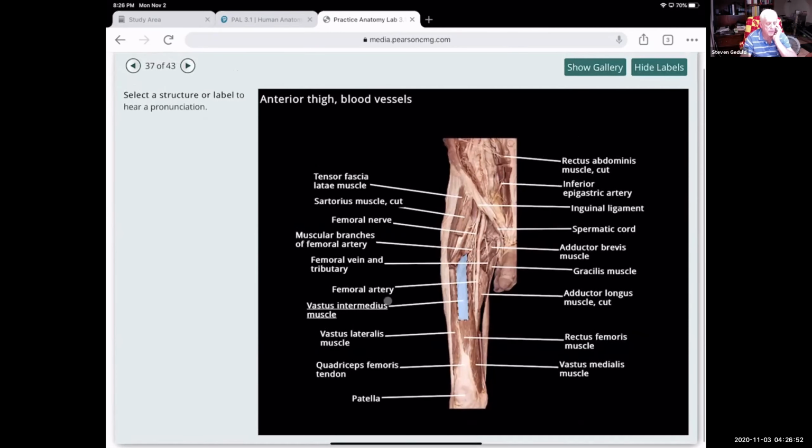All right. Now we have the tensor fasciae latae muscle. You can see where that's located. The sartorius muscle that's been cut. Remember, the sartorius muscle is one that goes down and wraps around and allows you to cross your legs. That's the sartorius muscle that pulls your legs one over the other. The femoral nerve, the muscular branch of the femoral artery. The femoral artery comes down and branches into the muscles. The femoral vein and the tributary, what it connects to, going back up towards the heart. The femoral artery,